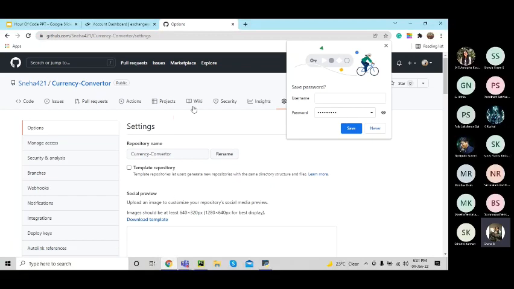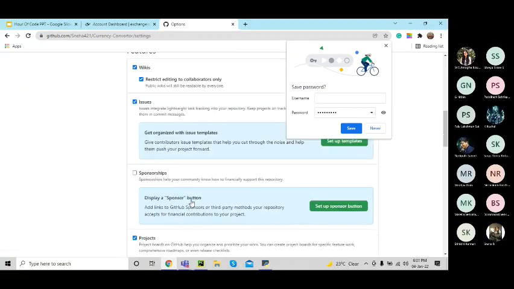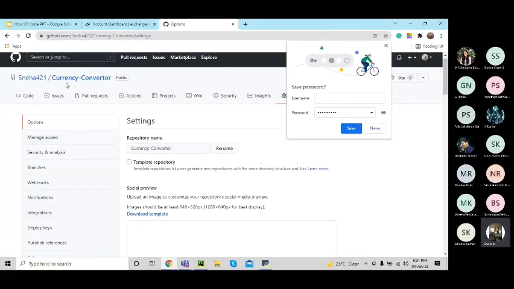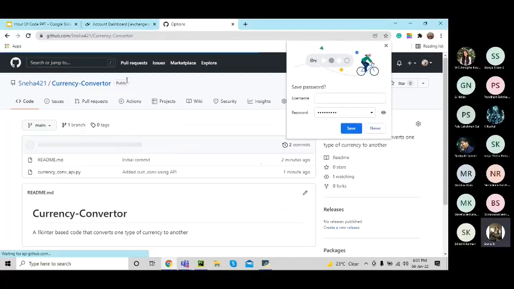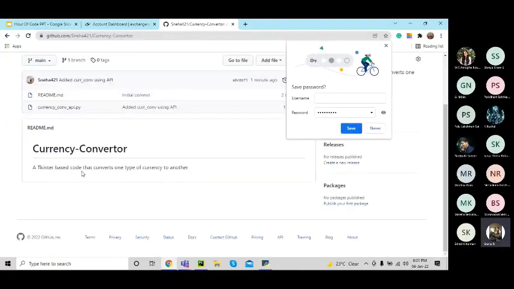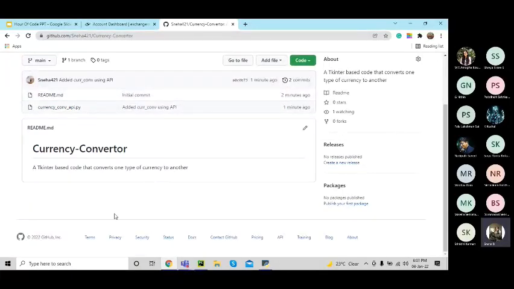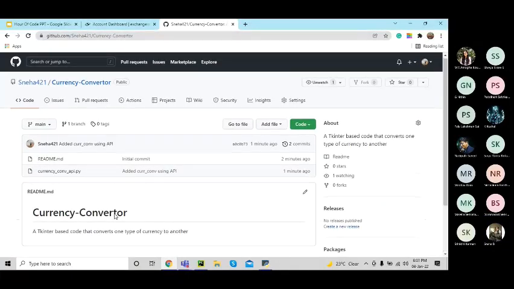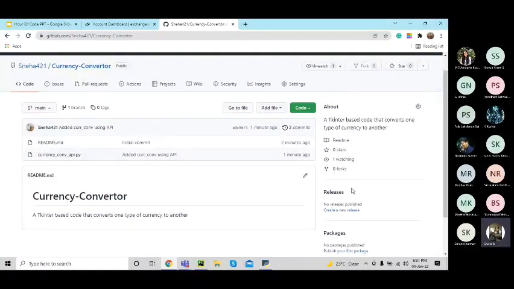Yeah, so now I've made this whole thing public and you can see that here. You can see that it's written public over here. And you can further modify your README to make everyone understand what it is. And you can maybe add another file of the first method that you did, that was hard coding the conversion. So that's about it. That was basically the entire currency converter where you followed 2 methods and finally uploaded it